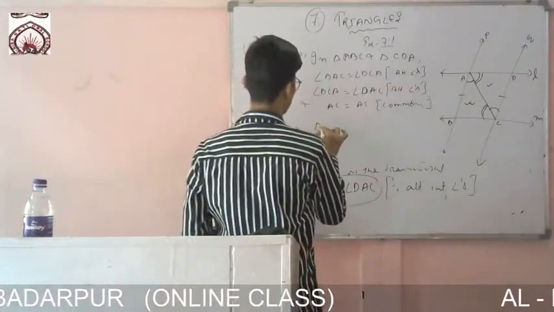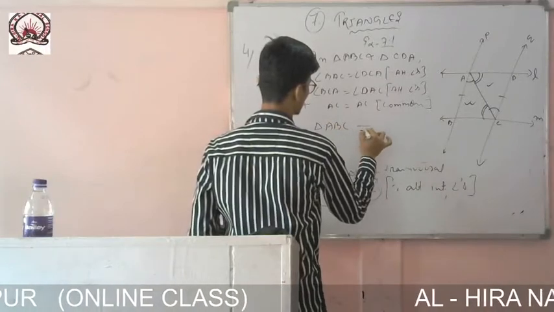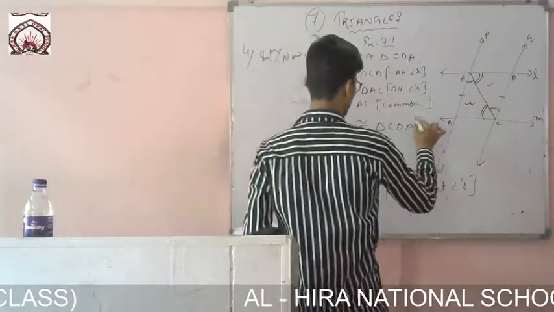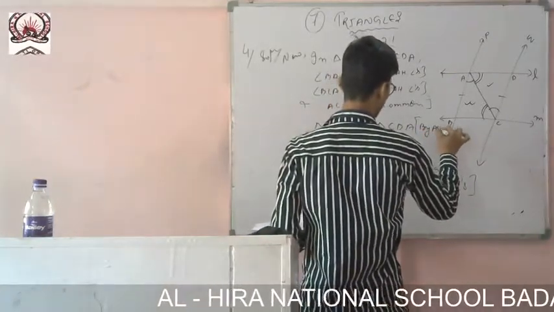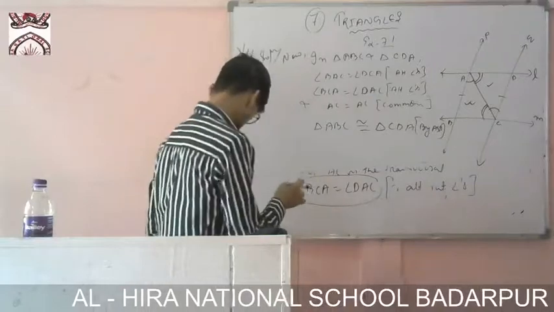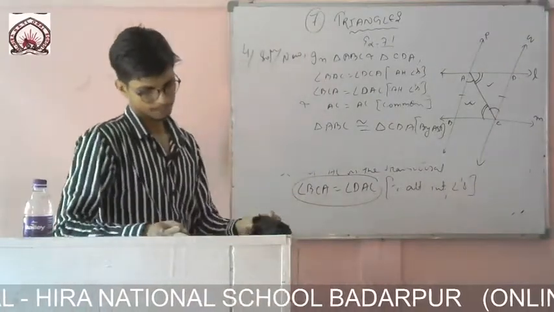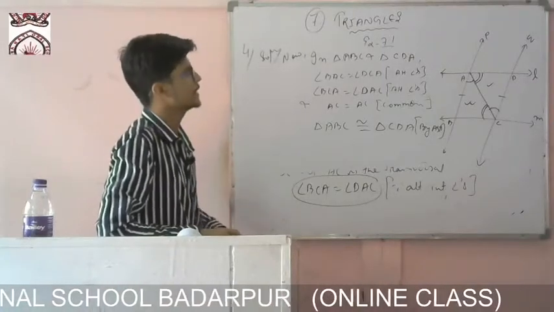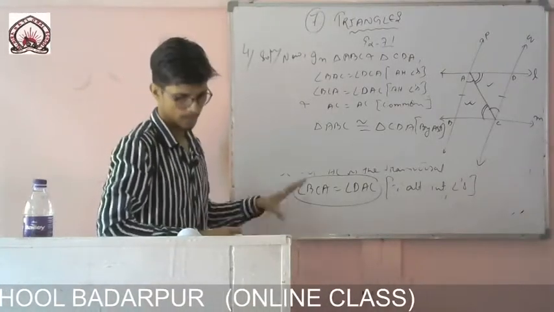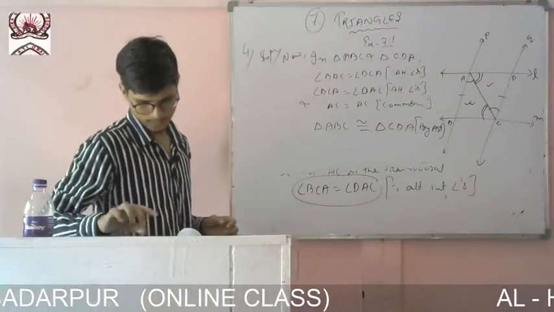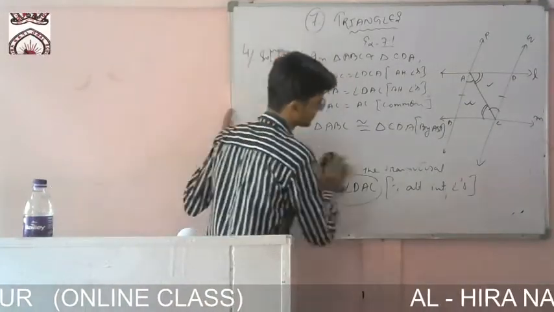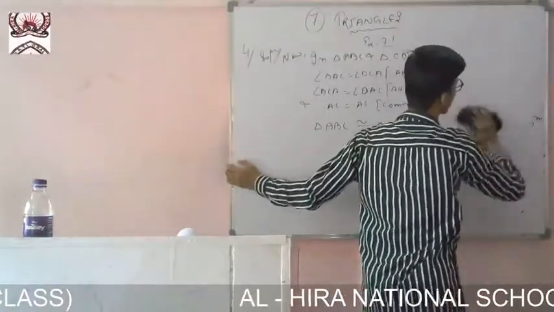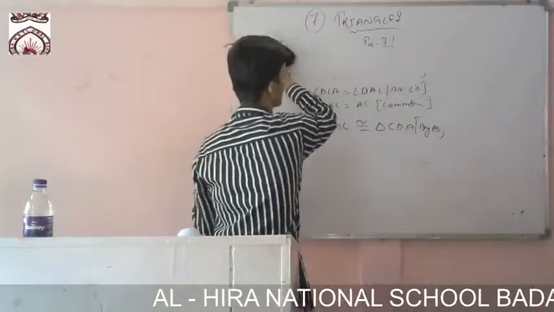Therefore triangle ABC is congruent to triangle CDA, by angle side angle. I hope you have understood this one. So now let us move to the next question, that is question number 5. There is nothing, you just have to relate the things and show that these two are equal, and then whatever part is given, you just go on finding.